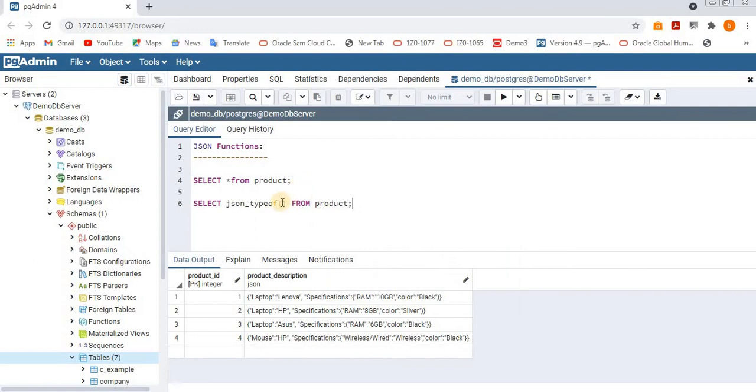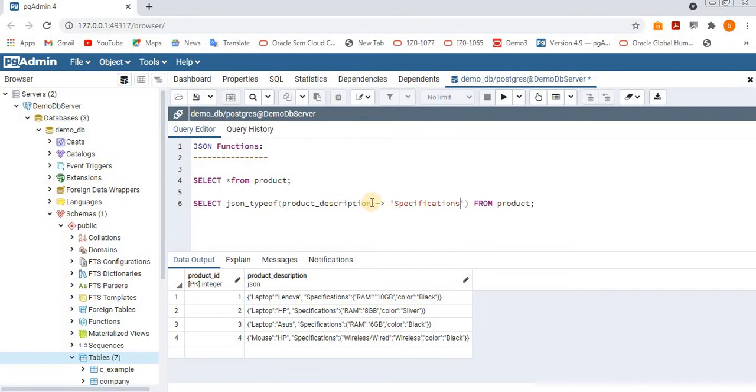Here we will pass the JSON data column, product description, and another key called specifications. So this is the value we have for the specifications key, and that we will get.